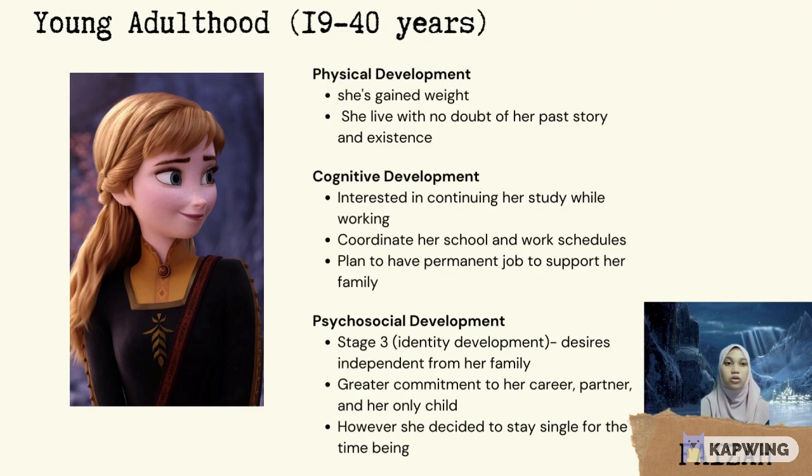She also coordinates her school and work schedules and also plans to have a permanent job to support her family. For psychosocial development, she is currently at stage 3, which is identity development, where she desires independence from her family. She has greater commitment to her career, partner, and also her only child. However, she decided to stay single for the time being, and at this stage also, she has a good relationship